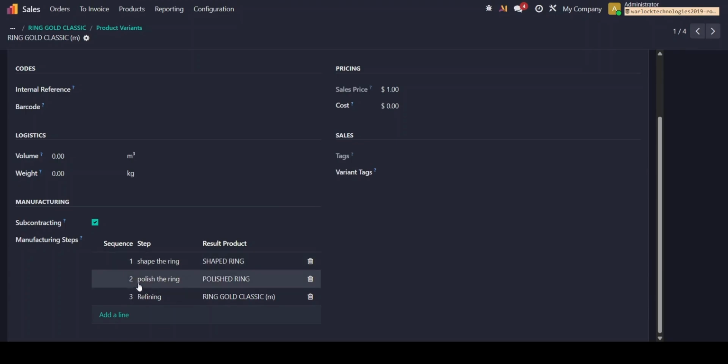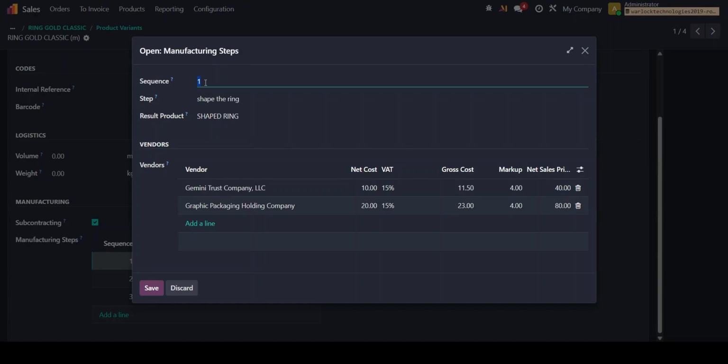So these are the three manufacturing steps and their sequence as 1, 2, 3. If I open the first step, that is shape the ring, I can define the sequence over here, the step, shape the ring, and the result product, which would be a shaped ring. I can also define multiple vendors from here, such as the Gemini Trust Company LLC. Its net cost would be 10, taxes 15%, gross cost 11.50, markup 4, and the net sales price would be 40. After hitting save,